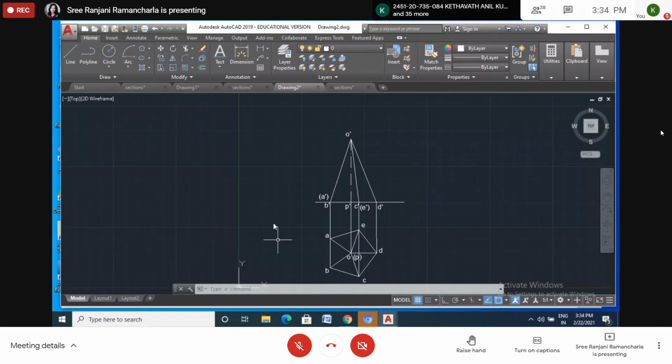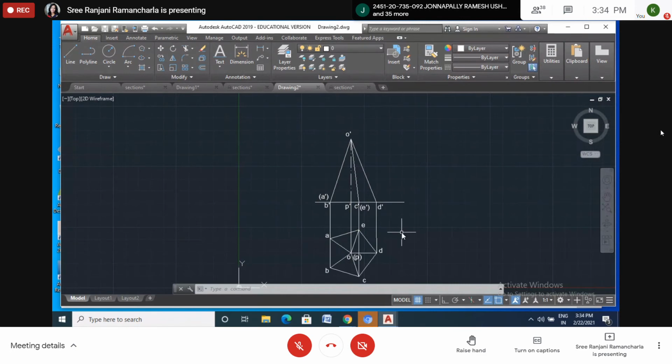This is nothing but the same as projection of simple solids. Projection of simple solids, with the base of the pyramid resting on the HP. The simple position. Now we have to give the section. What is the position of the section?